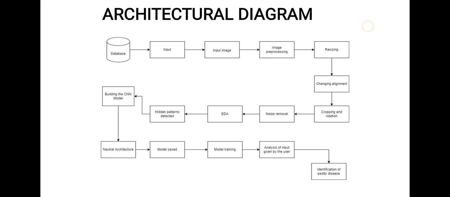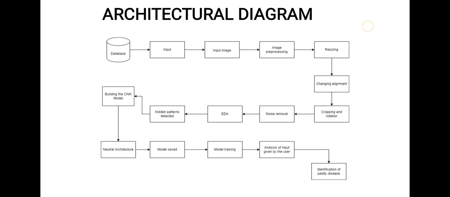UML diagram. In UML diagram, we are using sequence diagram. In sequence diagram, there are three models: user, algorithm, training model. User gives the input to the algorithm. The algorithm already has a built-in CNN model with labeled images. Model is already trained. The trained model is able to do image processing, noise removal, and EDA. After the analysis, the trained model